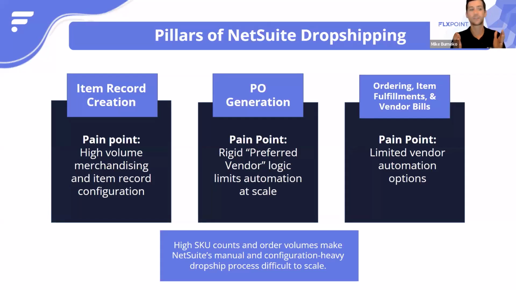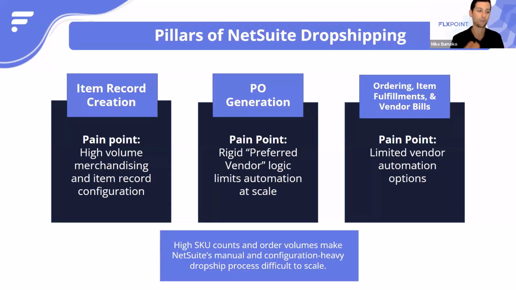So first things first, we've got to create item records inside of NetSuite. With dropshipping, there's high volumes and specific configurations that you need to create these item records, and that can be a serious headache. And then on the PO generation side, the name of our webinar is really speaking to this pillar right here. But a big pain point inside of NetSuite when trying to automatically generate purchase orders for e-commerce orders that are being placed